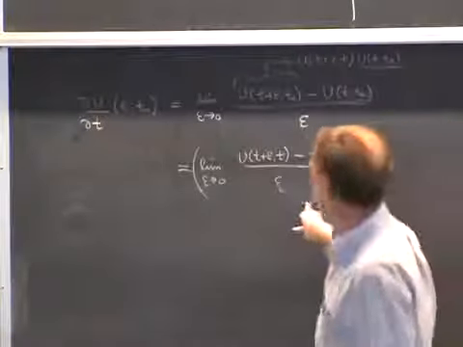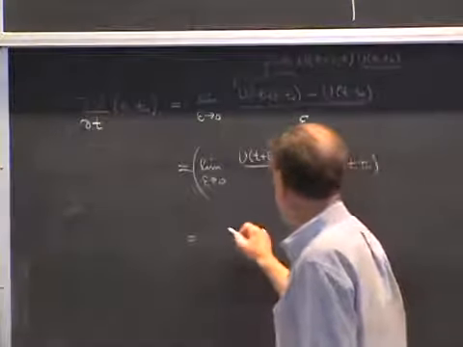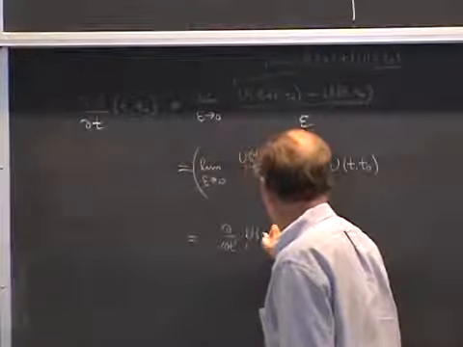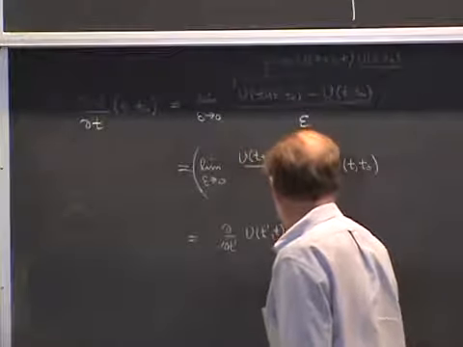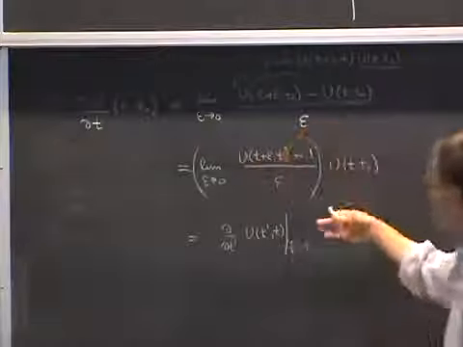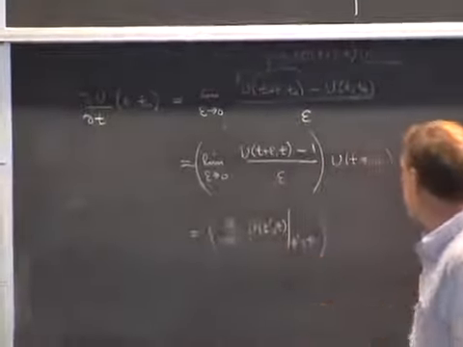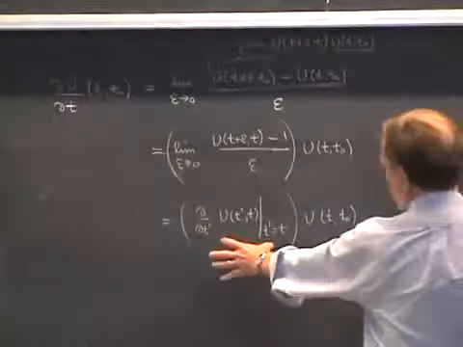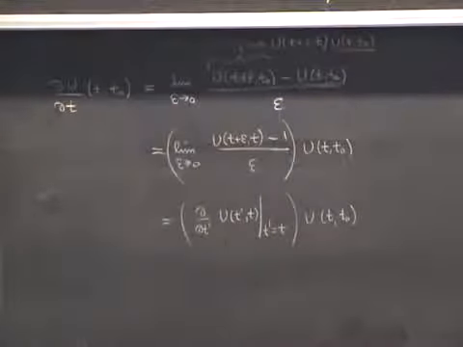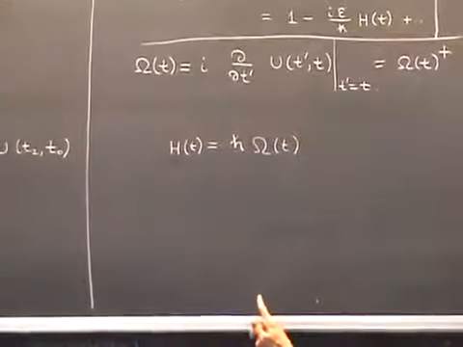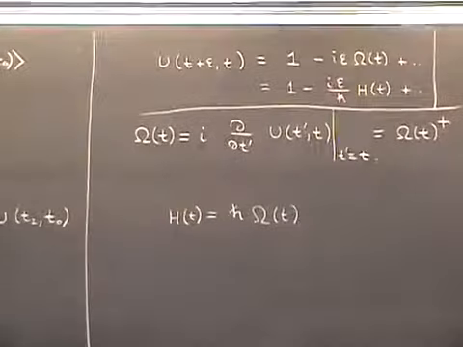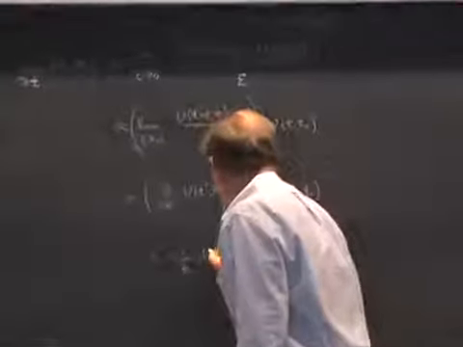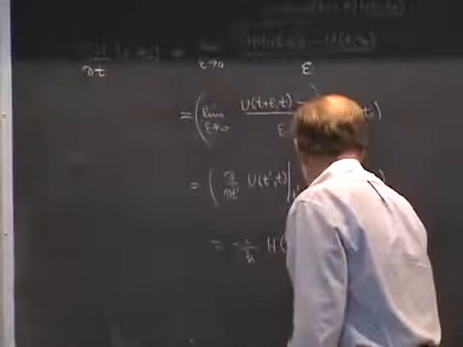Now this remaining derivative is precisely this derivative. I can write it this way as partial with respect to t prime of U of t prime comma t evaluated at t prime equals t. That's just the meaning of that first derivative there, times U of t comma t0. However, this derivative, as must appear on the board up here somewhere, is almost the same thing as omega. It's minus i omega, as you see. And in fact, you can write it in terms of h bar. This becomes minus i over h bar times the Hamiltonian, which is a function of time, times U of t comma t0.